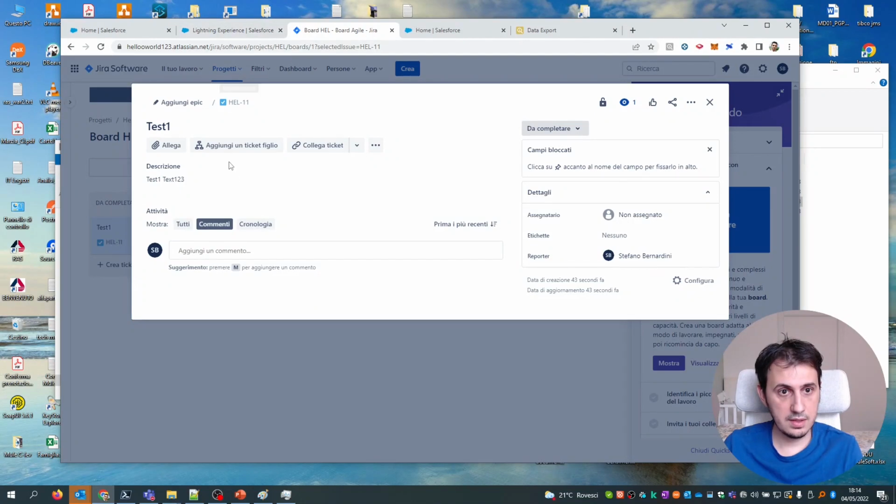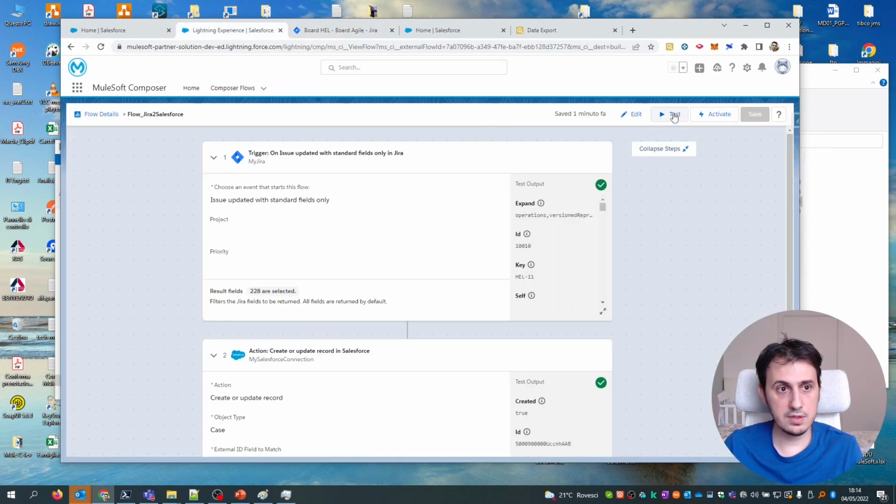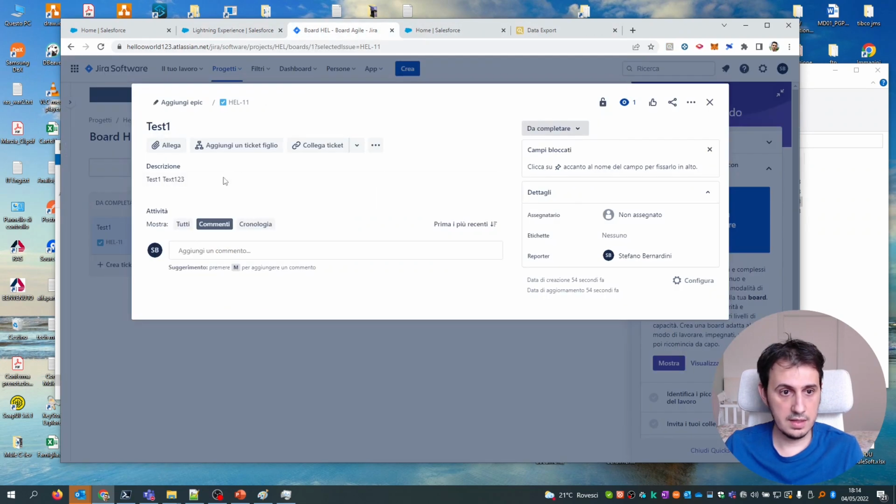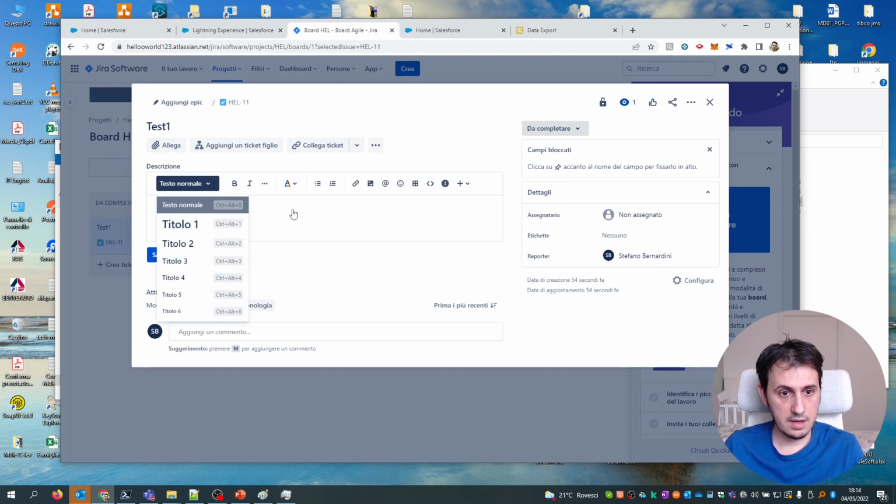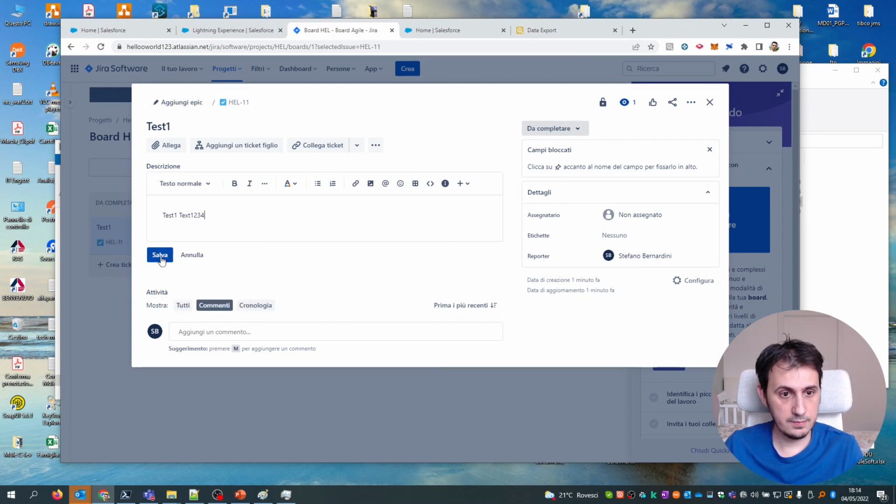Okay, let's add a 4. Go back to the Salesforce Composer. Let's test. Let's add a 4 in order to understand if the modification is okay.